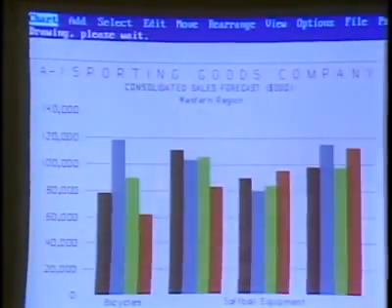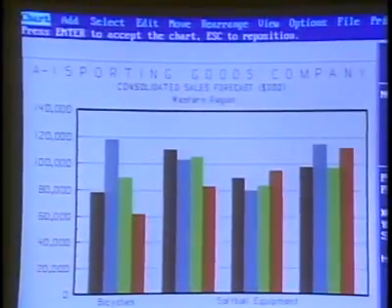I'm going to put it on screen, full screen, first of all. And then what I'd like to do is, well, now that I can see how it looks, I'd like to back out of here and move down and add some 3D effects, for example. And when I go back to drawing the chart,